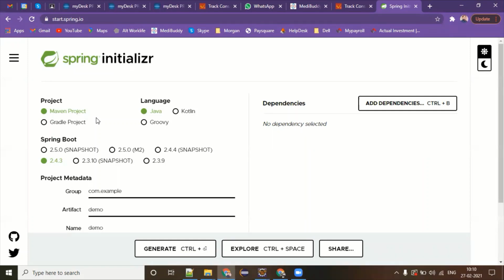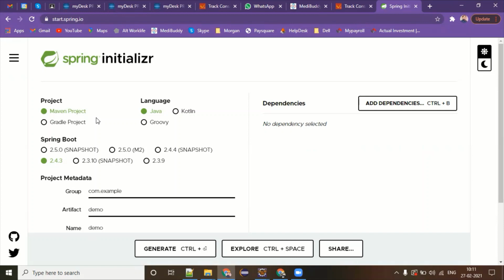Don't change the language either. Now, three languages are supported by the Spring Boot people: one is Java, another one is Kotlin, and the third one is Groovy. You remember in the last class I talked about it. Groovy is nothing but a wrapper or abstraction on Java programming.